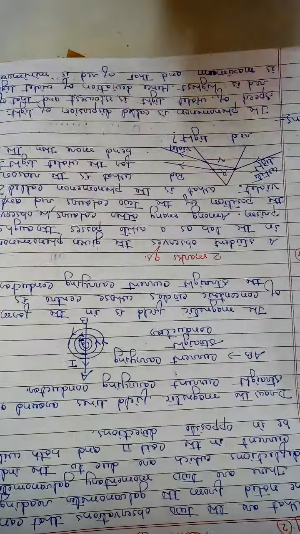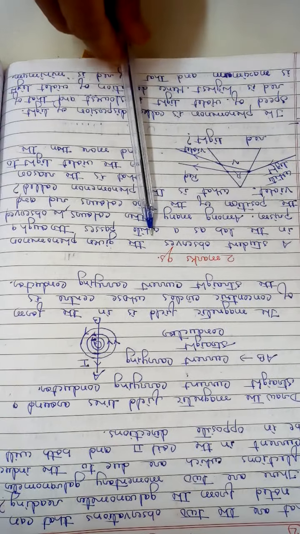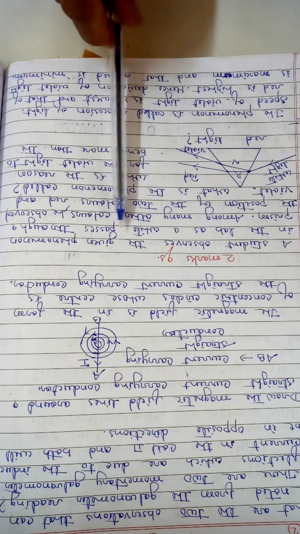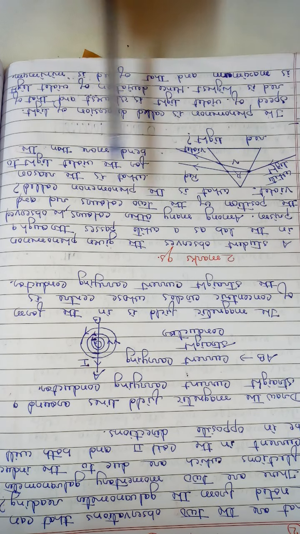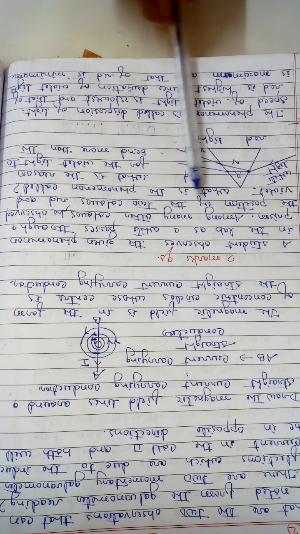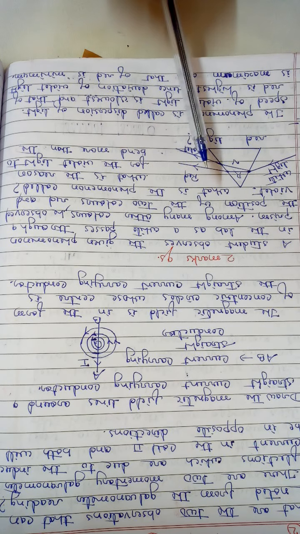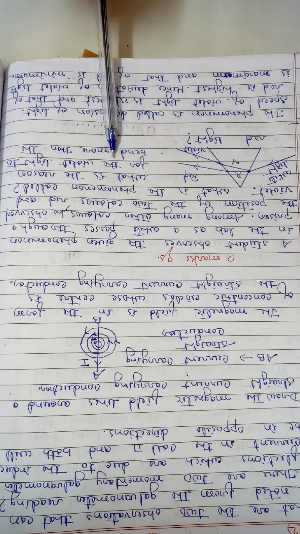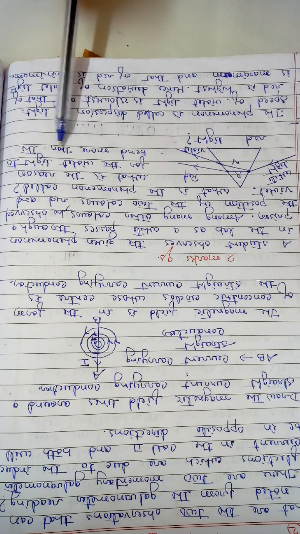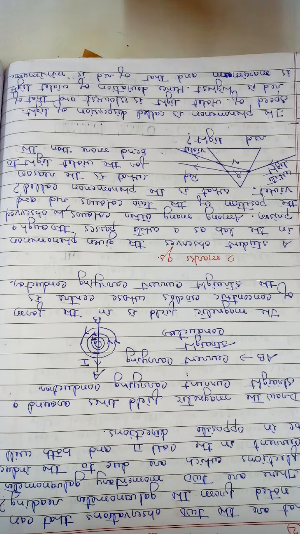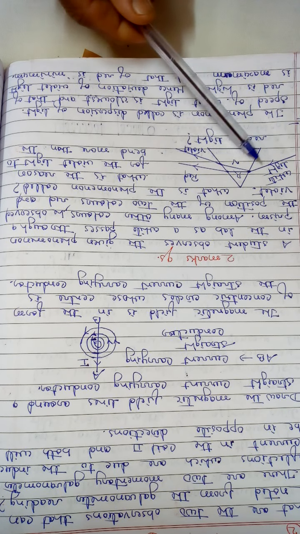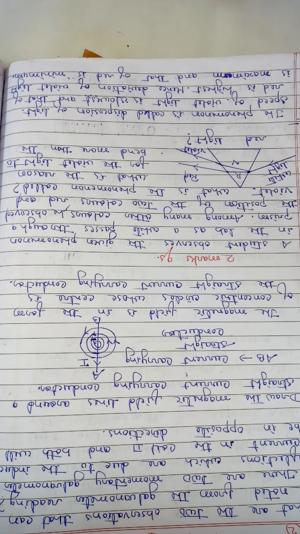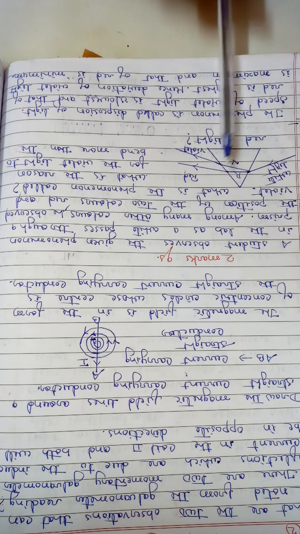Now we are coming to some 2 marks questions. A student observes the given phenomena in the lab as a white light passes through a prism. Among many other colors, he observed the position of the two colors red and violet. What is the phenomena called, and what is the reason for the violet light to bend more than the red light? Now here we can see actually the white light is splitting into its component colors. So this phenomena is called dispersion of light.